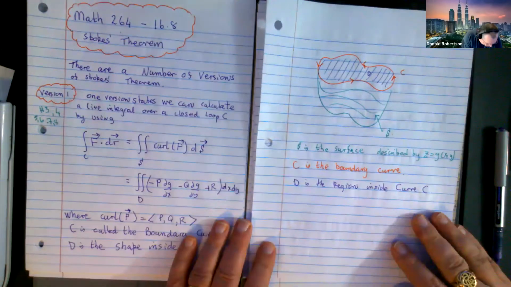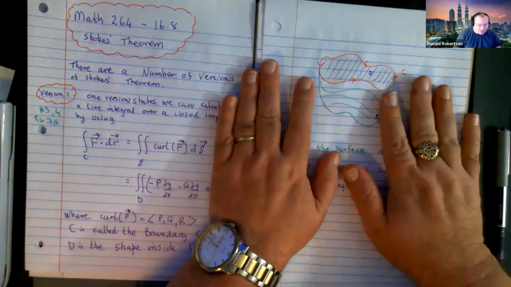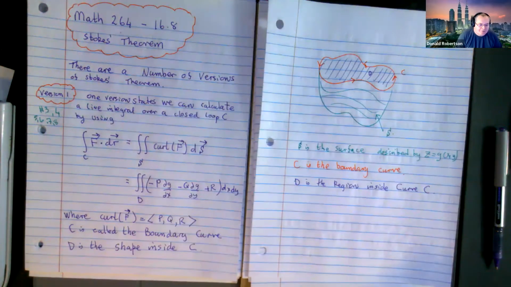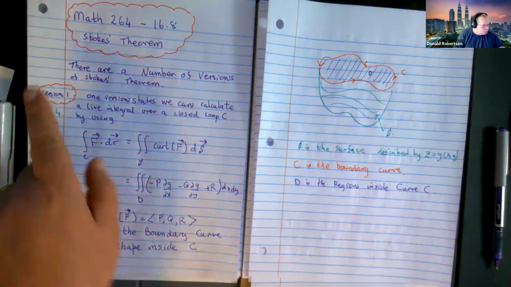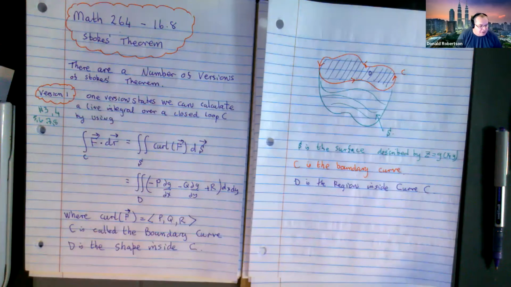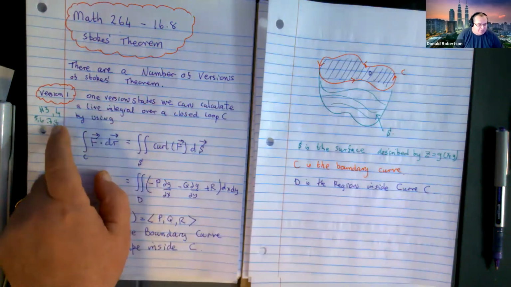I'm going to break up Stokes' theorem into two halves. The first half we're doing today, I'm calling version 1. And the second half, we're going to do tomorrow, and I'm going to call version 2. Question 1 is actually numbers 1 to 8, but we've done 1 and 2 earlier, so I'm not doing those again, right? So we are going to be calculating